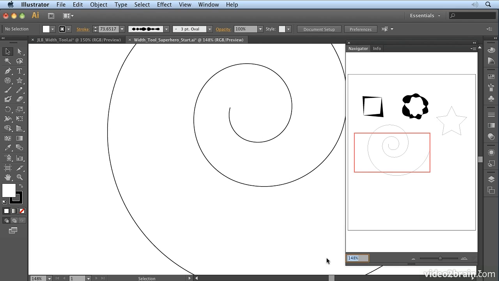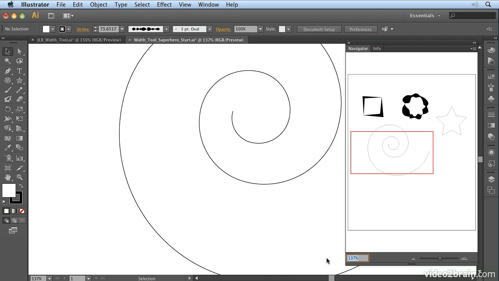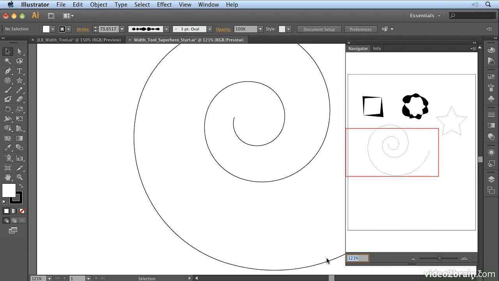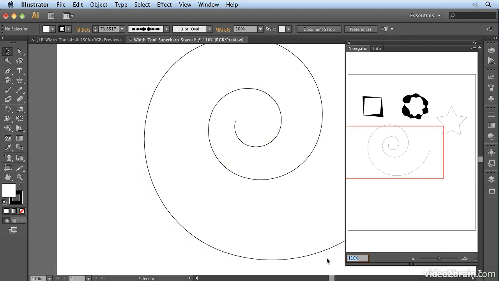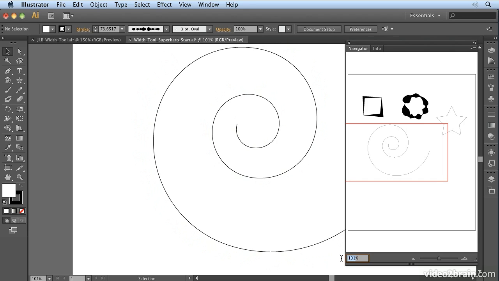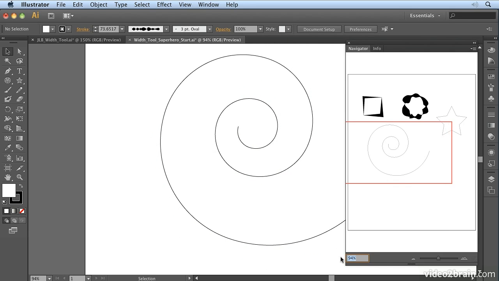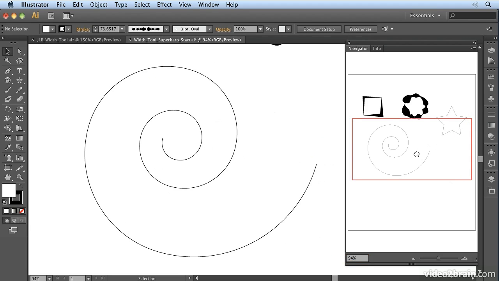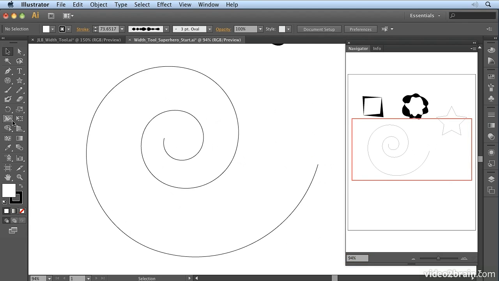I love the navigator because I can zoom out in increments of 1 rather than using Command+ and minus, which just allows me to go in preset increments. So I just place my cursor into this field here and use the up and down arrow keys to move in increments of 1%. And if I select the width tool here on the spiral, it's fantastic for spirals because